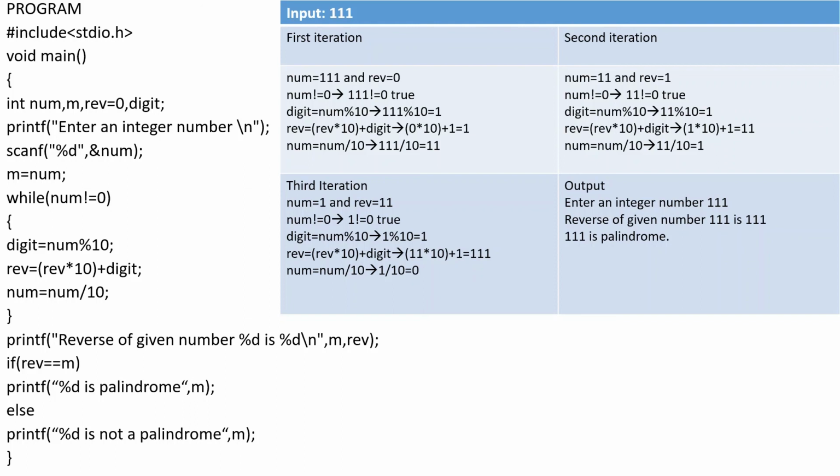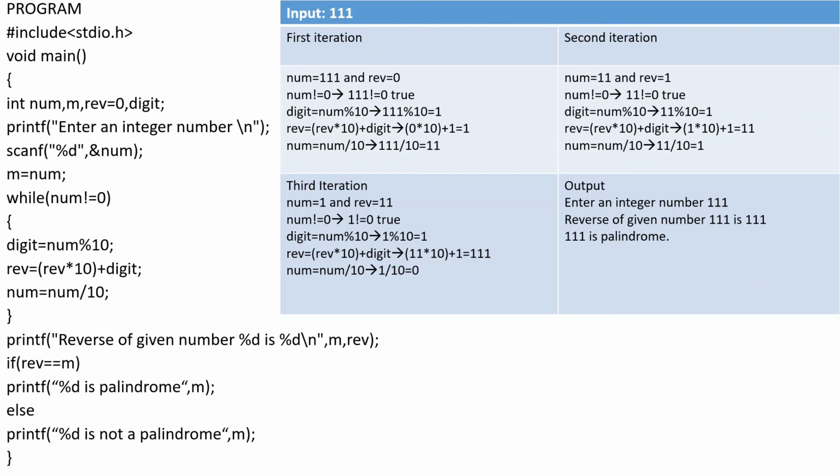Because each time I extract the digit by performing the mod operation, that is why I am multiplying reverse with 10 and then adding the digit. So reverse is 0, so 0 into 10 will be 0, plus the digit I extracted now is 1, so reverse will have 1, that is the first digit. Then now I need to obtain the remaining number. So num equal to num divided by 10, that will yield me the first two digits. That is 111 divided by 10, that is 11.